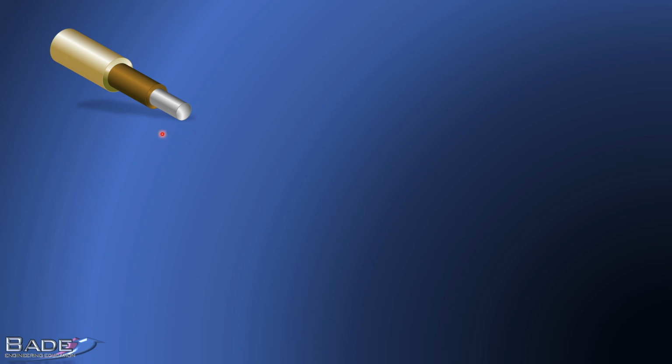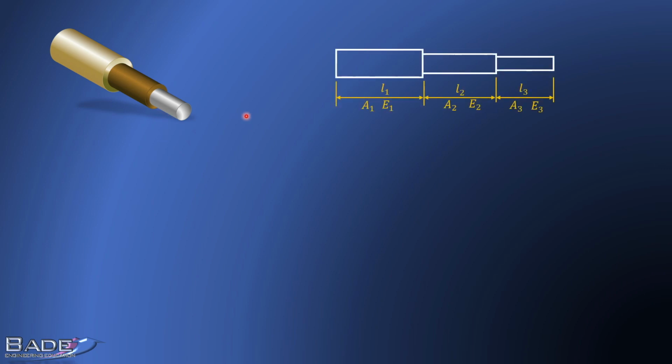Here is a composite bar. It is made of three different materials, with three different cross sections and different lengths also. We are studying axially loaded bars, so it is uniaxial loading, and it is not necessary to draw a three-dimensional diagram. So here is the bar: first, second and third portions have different lengths L1, L2, L3 and different materials. So Young's modulus of material 1, E1, Young's modulus of material 2, E2, Young's modulus of material 3, E3, and three different cross-sectional areas: A1, A2, and A3 is the cross-sectional area of the third bar.